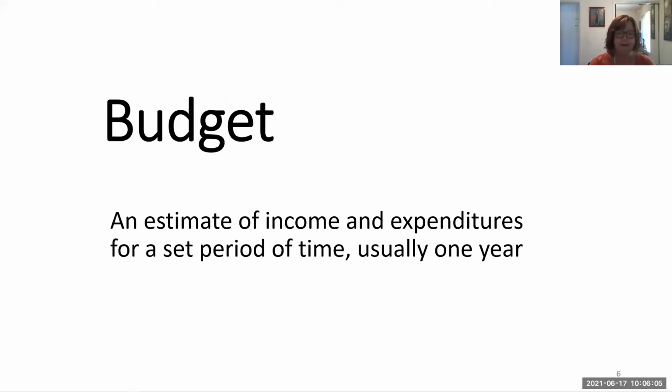So let's talk about the budget. The budget is an estimate of income and expenditures for a set period of time, usually 1 year. The keyword here is estimate. Circumstances will change and the unexpected will occur. A budget is both your best guess of what will happen and a roadmap to help you move toward your destination. And that would be the goals, the activities, and your programs that your PTA will provide during the year. There will be changes along the way, and that's okay.